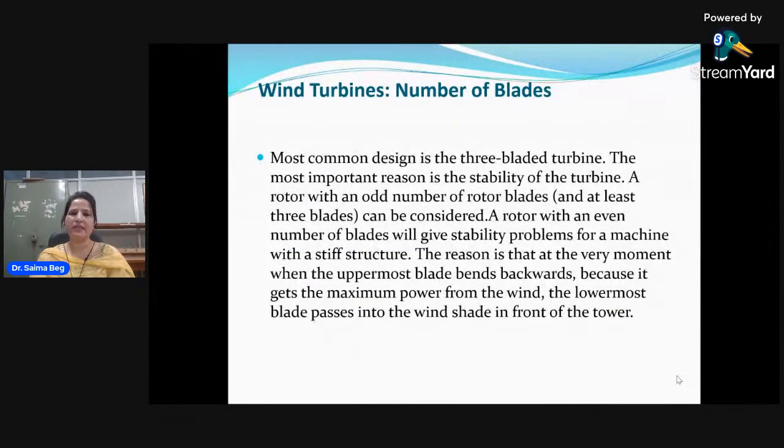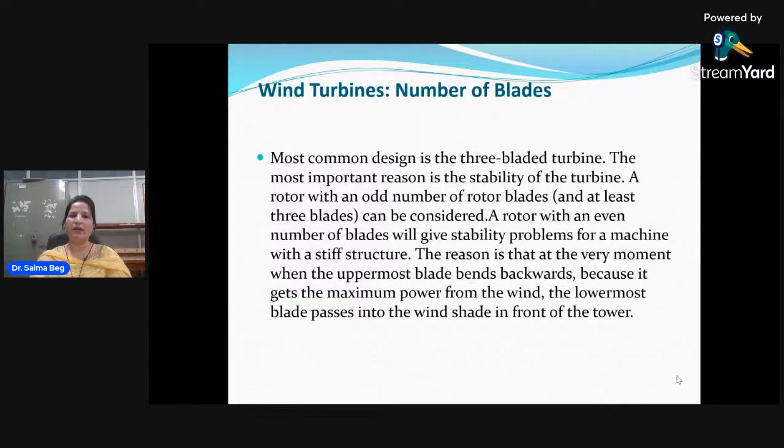So the wind turbines depend upon the number of blades. The most common design is the three-bladed turbine. Most of you see that wind turbines have three blades. The most important reason is the stability of the turbine. A rotor with an odd number of rotor blades can be considered